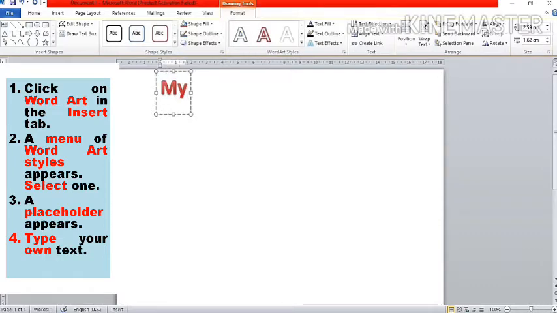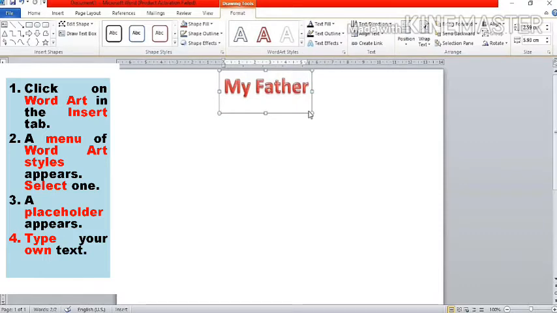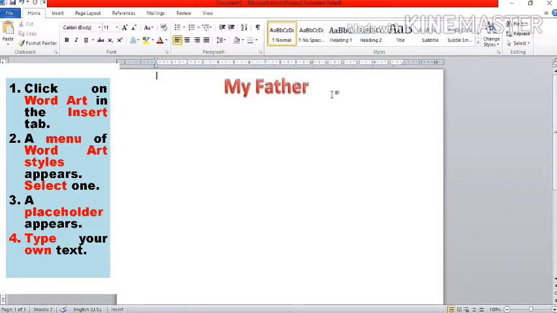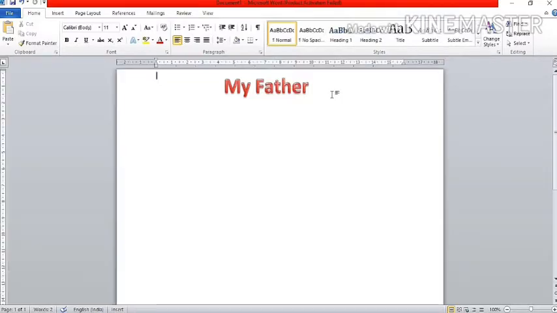Now after that I can move it along a bit. I can move it to the center. And now you've got your heading. Click outside this box and now you're ready to begin.